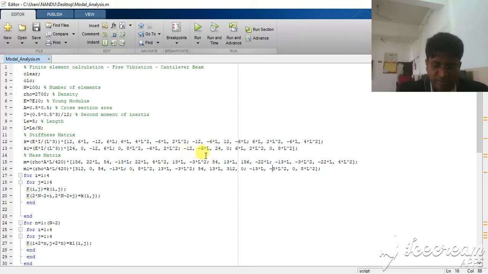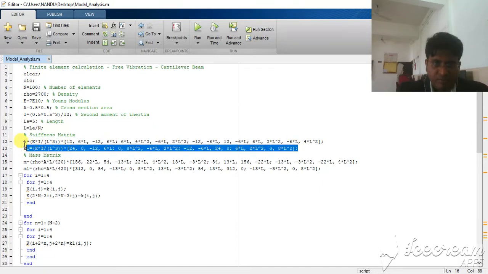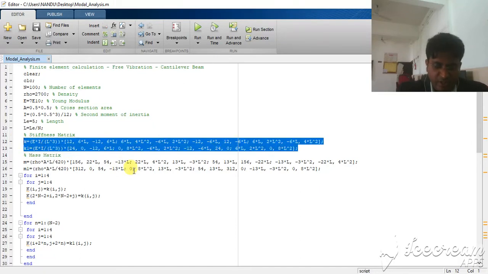the system frequencies, and the stiffness matrix is calculated herewith. Now the mode shapes will be calculated as per the formula. Initially we advise the students to focus on three things: the element connectivity of the sample problem, here a cantilever beam. Then we focus on the global stiffness matrix. Global stiffness matrix means we calculate individual stiffness matrices, and those individual matrices will be summed up for the global stiffness